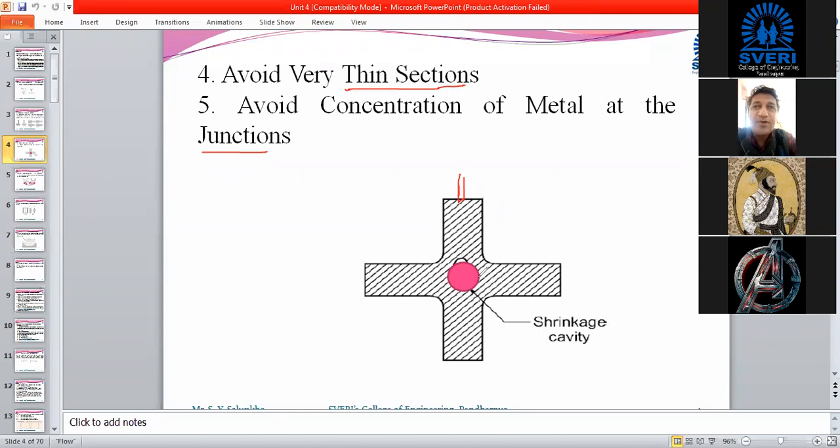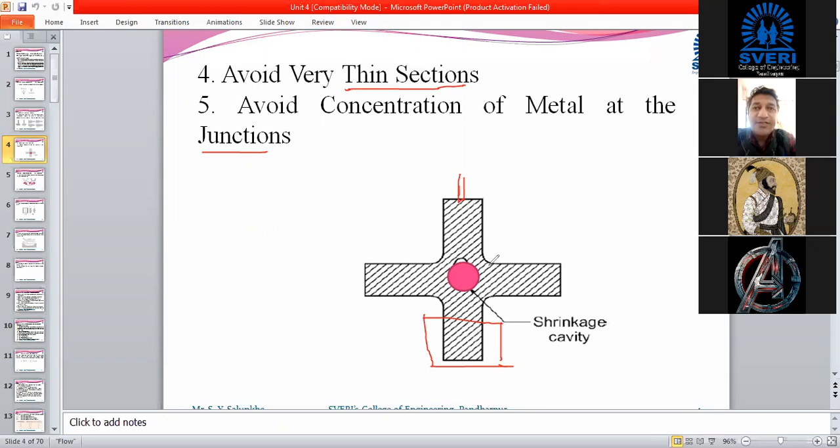So you have to avoid such concentration of metal, because the total metal may get concentrated over here, and very little metal may flow to the other sides. No doubt at the bottom side it will again get concentrated, because if you pour from the upper side, then because of gravity the material will flow down. Later on it will flow up.